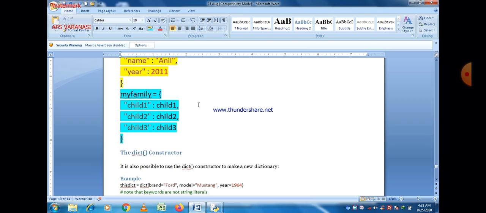So this is another method. Actually, both of them are the same, but the only difference is that in this case we create the dictionaries first, and then pass them as values to the main dictionary. In the previous case, we created the dictionaries inside the main dictionary. So both of them are examples of a nested dictionary.